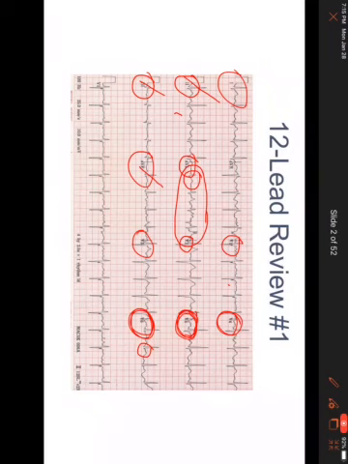Now, the thing is, as we talked about when we wrapped up the lecture, STEMIs are only 50% of what we see, the other 50% of